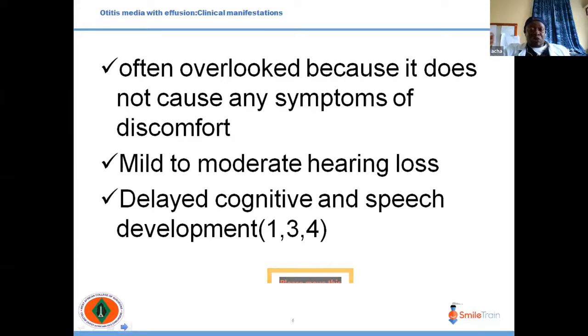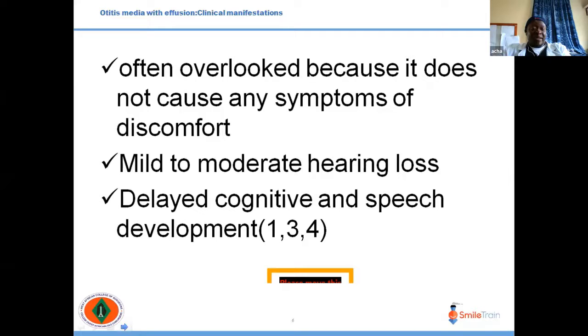And these are subtle clinical signs that some mothers will be able to pick out and they will complain, particularly mothers that have more than two kids. They'll be able to compare that, look, my first child did much, much better than this one. And those are signs for you as a clinician to know that the child may be having some difficulties with hearing.